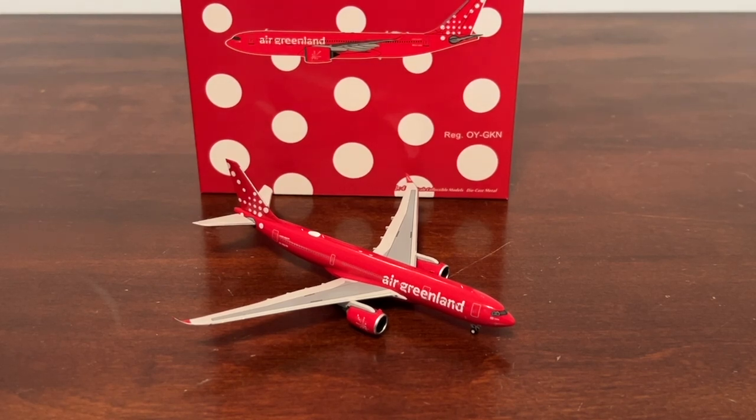So again, they have 10 fixed wing aircraft, and then they got 18 helicopters as well. They use the helicopters for search and rescue and all that. But it's cool because, again, they're in the Air Greenland livery. They also do serve 16 destinations. Obviously their main hub is going to be in Nuuk, and they do also have a focus city in Ilulissat,